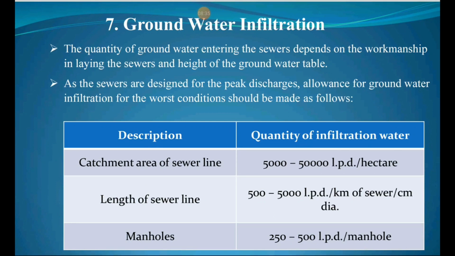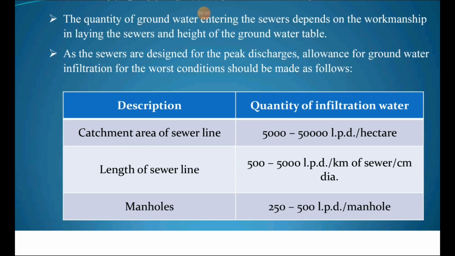Then we are going to discuss the groundwater infiltration. The quantity of groundwater entering into the sewers depends upon the workmanship in laying the sewers and the height of groundwater table. Both are important. As the sewers are designed for the peak discharges, allowance for the groundwater infiltration for the worst condition should be made as follows. For catchment area of sewer line, quantity of infiltration water is 5,000 to 50,000 liter per day